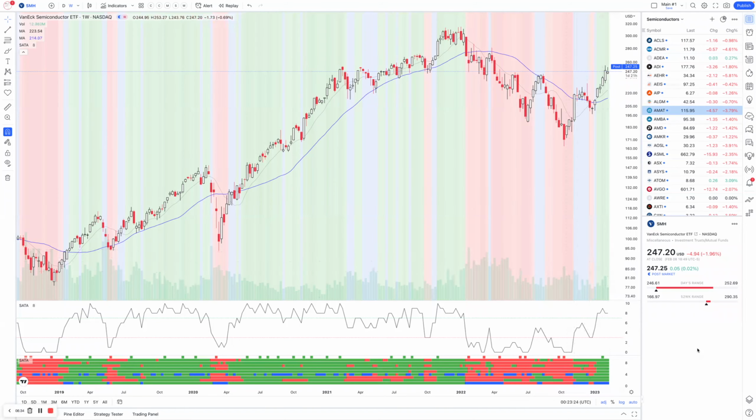Right, let's move on to what we call the stage analysis technical attribute score. So this is another way of looking at this, to give you a good guide. This goes back a little bit longer here, all the way back to late 2018. The red areas are when the stage analysis technical attribute score is a 3 or below. The green areas are when it's a 7 or above. So 7 or above tends to be a stage 2 type environment, and 3 and below tends to be a stage 4 environment, but it's not